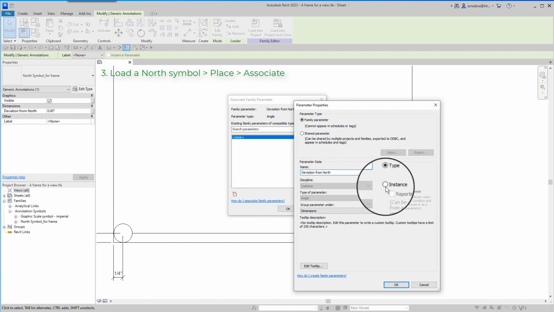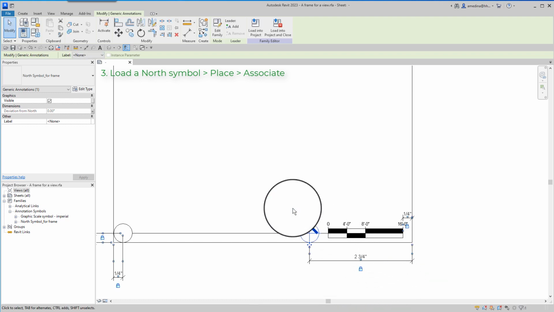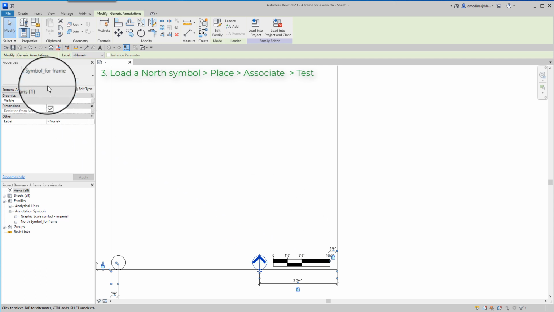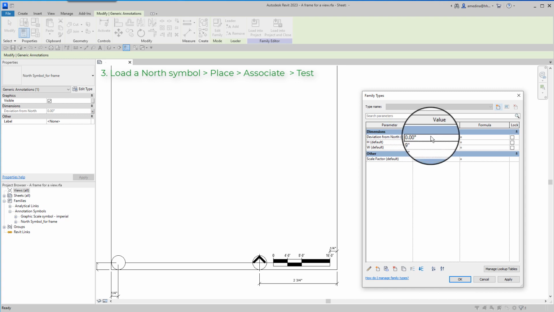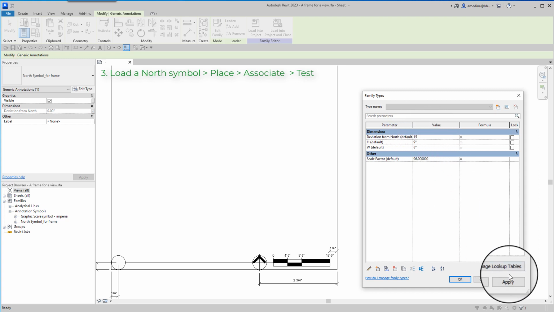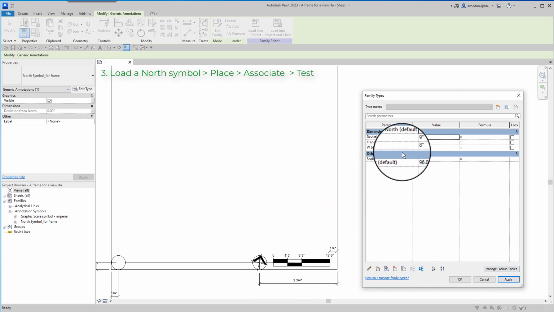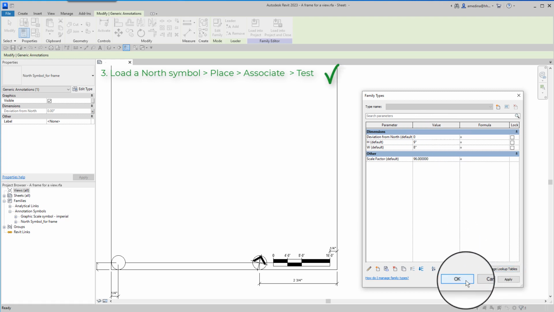It is an instance and is an angle, and let's click OK. Let's test that this north symbol rotates with the parameter. I go to family types and I enter 15 degrees for the deviation from north, click apply, and as you see, the north symbol rotates. So that is working.